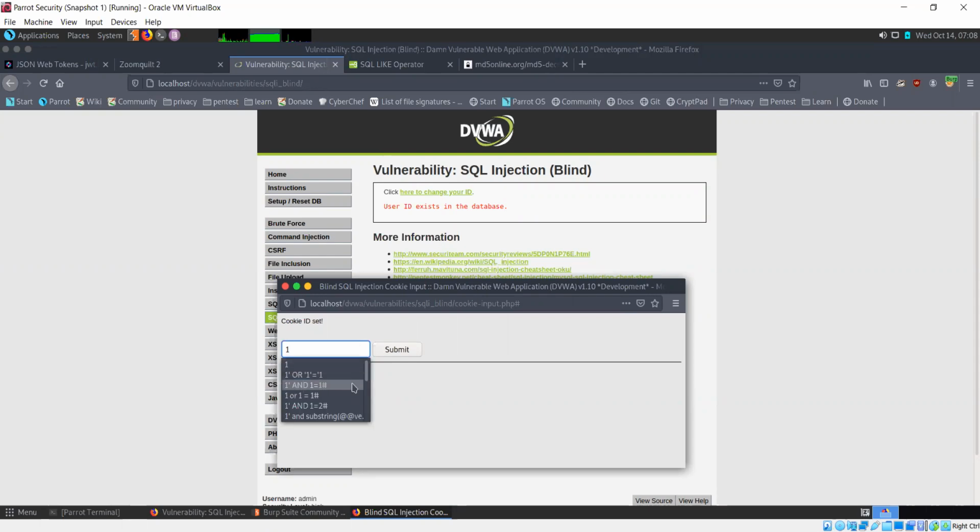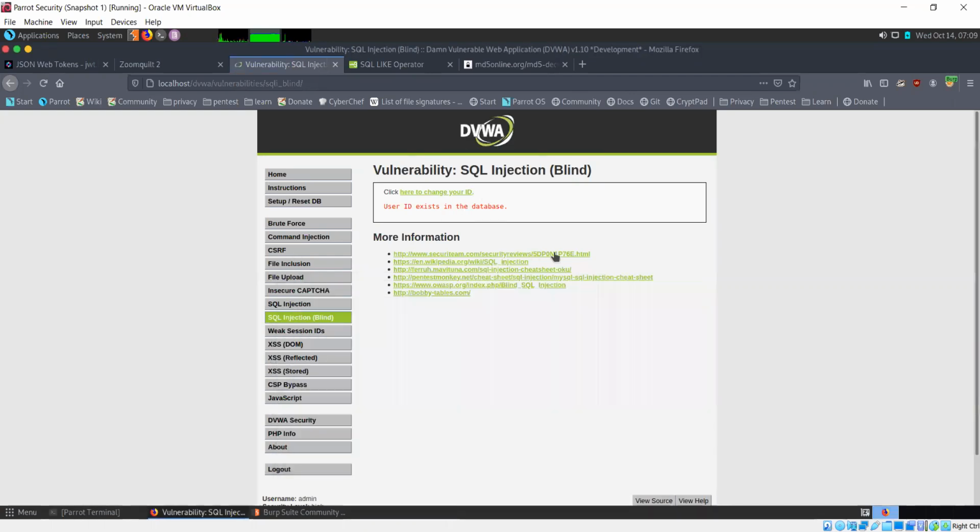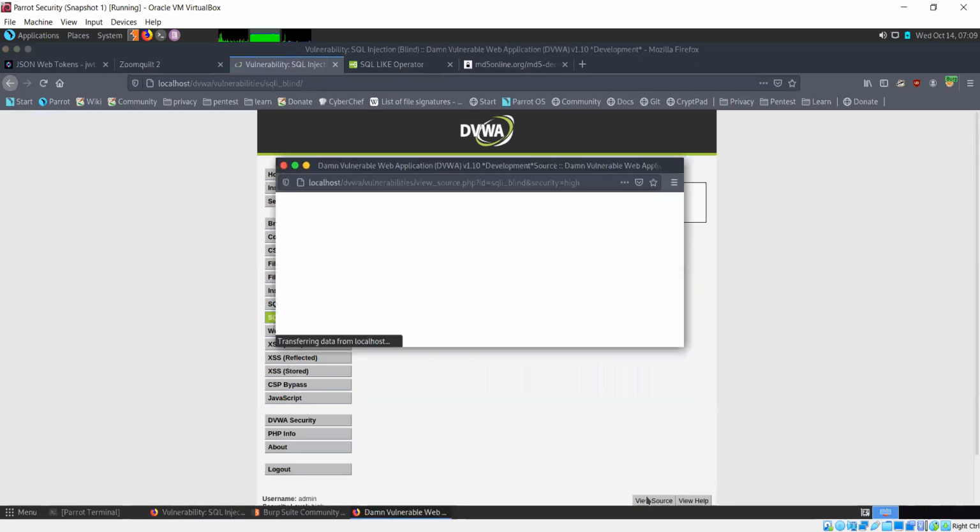So this symbol comments out everything after the query, because this is not where the query ends. After ID, there's the closing single quote, there's the semicolon, there's that limit one part. We want to comment out all of that. We don't want that part to execute, so we use this to comment out the rest of the stuff.